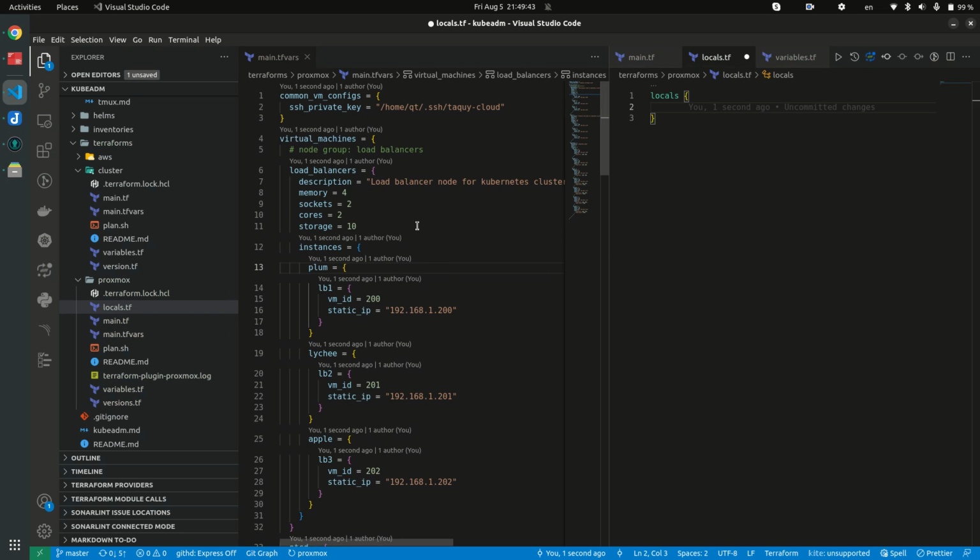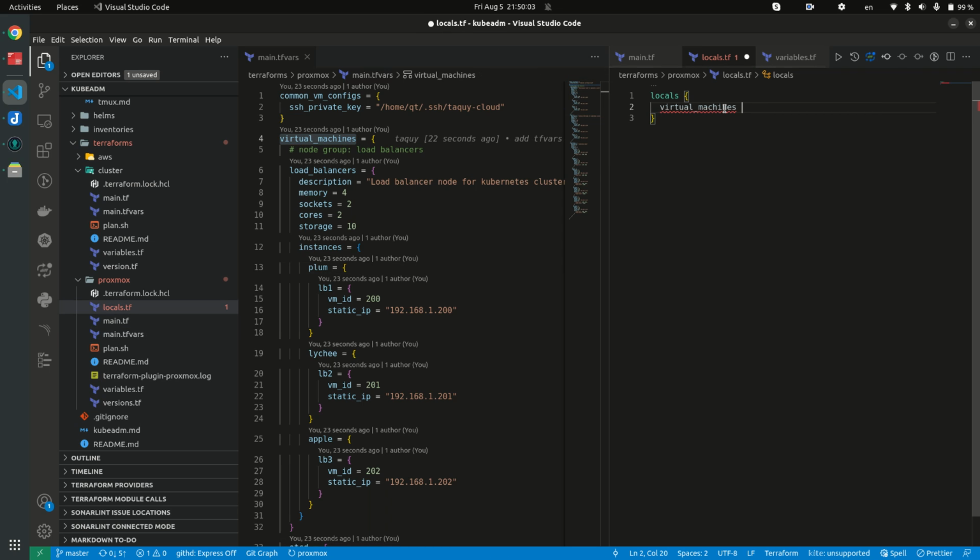So my final things I want to do here is locals. So the local will actually combining all the virtual machines into one array, or simply one map is working. So what I need to do now is look through all of the item. So for VM in product virtual machine,